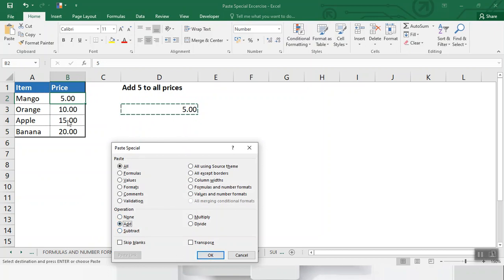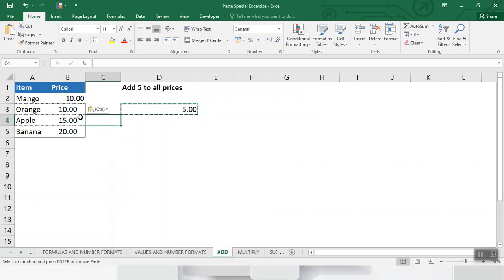When we add, the formatting will change. Why? Because we are not using values, formats, comments, or validation. It's all. It means it will show the copied format. So then copy. Here it changes with its formatting style.